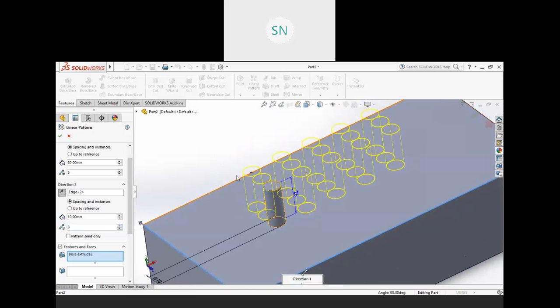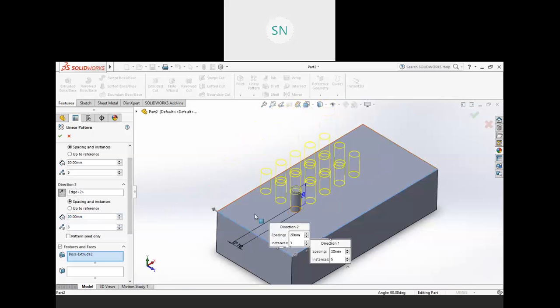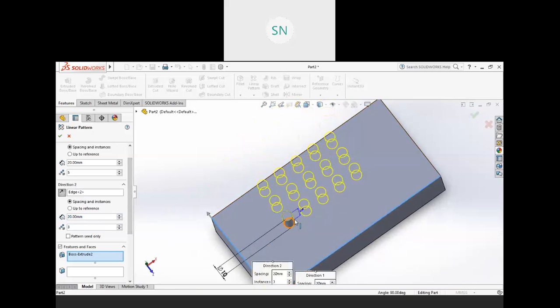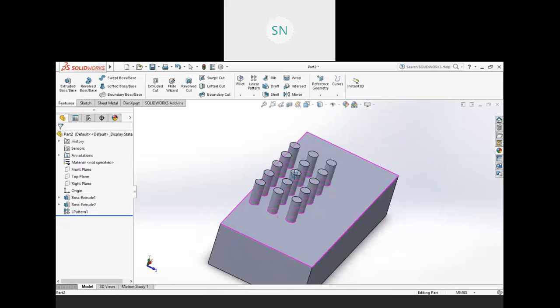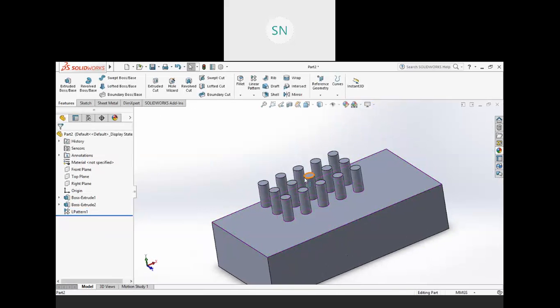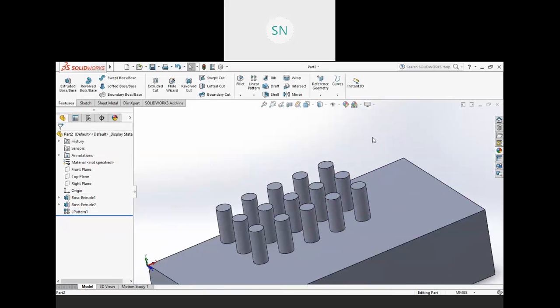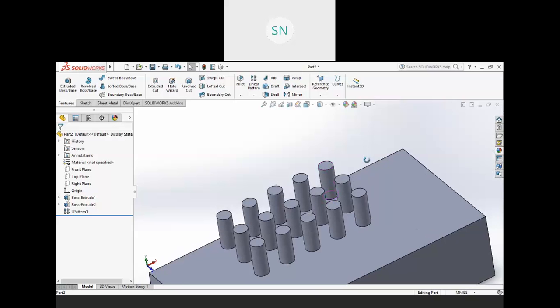So these are the previews, and this is the spacing. I want 5 copies in this direction and 3 copies in this direction, then hit OK. So in this way you will get a linear pattern. Is it clear? Yes, sir.